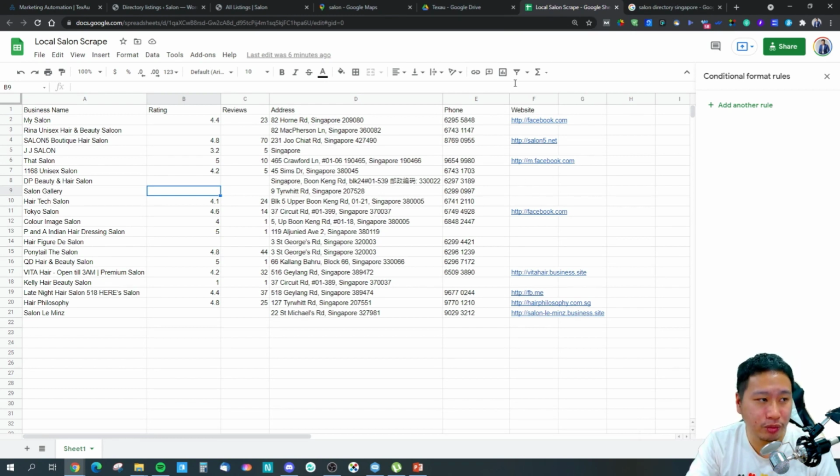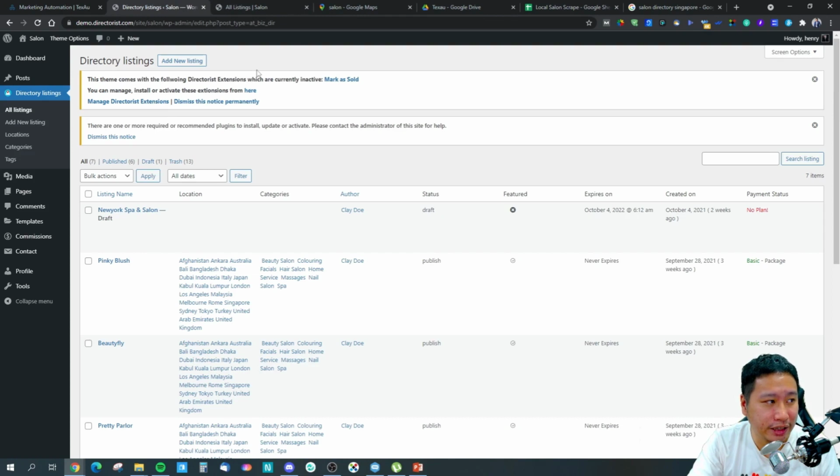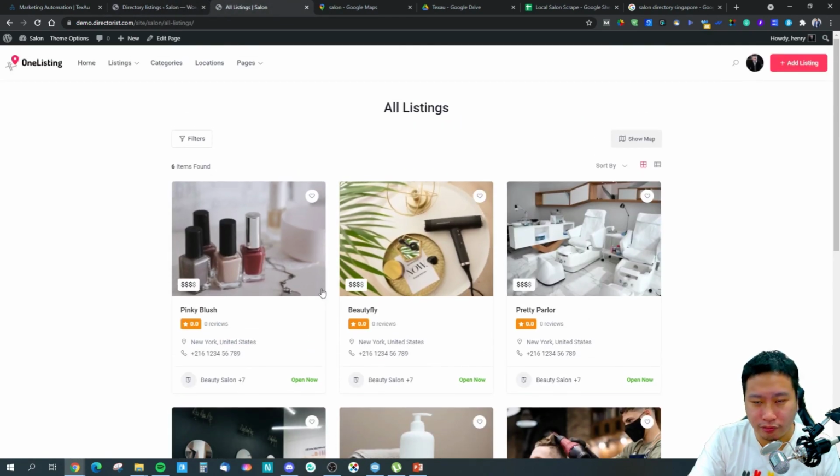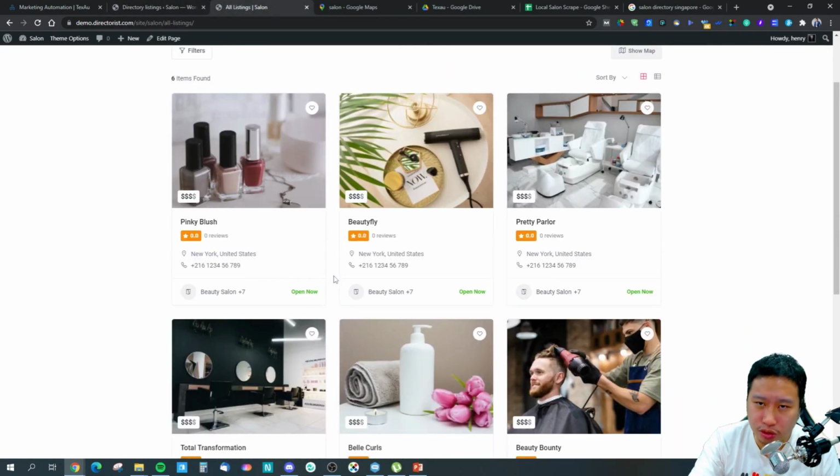So this is where the benefit and the power of directory websites is. This is one example of making use of salons to generate salon leads,